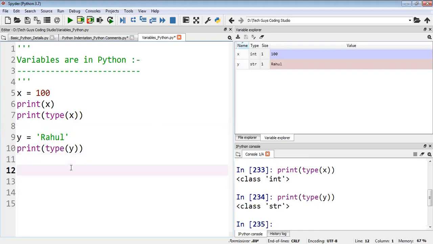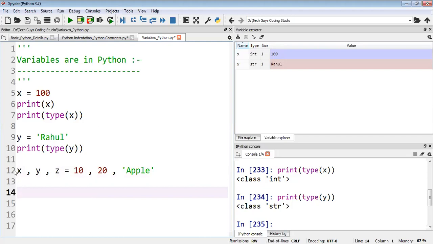Now we have some rules. One more thing I would like to tell. If we want to create multiple variables, for example, I have one variable x. I want to define values to those variables like x is equal to 10, y is equal to 20, and z you can give a string value. Here I have given the values.